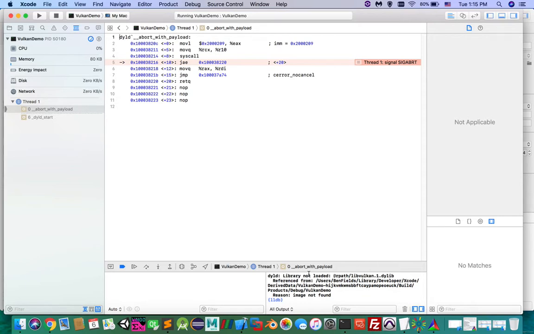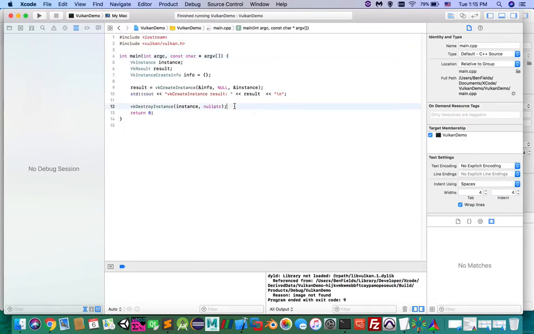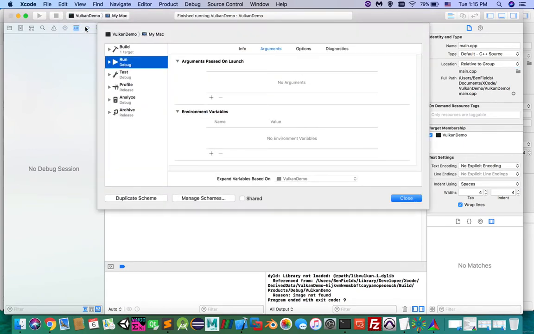Now I don't entirely know what's happening here, but through the setting up of the environment variables in Xcode, you can get it to actually find it. So you're going to want to go up here to your schemes and edit the scheme. And you want to indicate some environment variables. And so here, you want to pass,